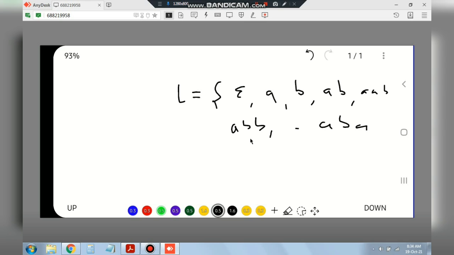Yeah, we can have AB also. So let's see for the first string how can we generate epsilon. It's epsilon, right? So what you have to write is S goes to epsilon. Then what's the next thing? S goes to A, right there. Then S goes to B, and to generate n number of A's and B's.